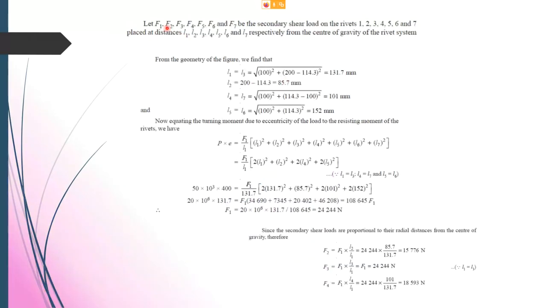So now you have your F1, F2, F3, F4, F5, F6, and F7 labeled. Those are the secondary shear loads based on rivets 1 to 7. And then the radial lengths you should label L1 to L7. Then you need to find out L1, L2, L3, L4 up to L7 based on Pythagoras theorem or your